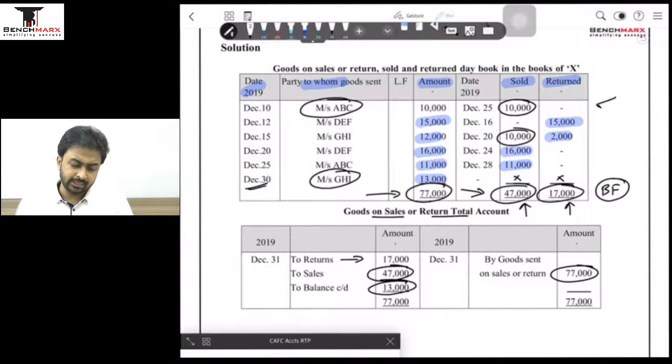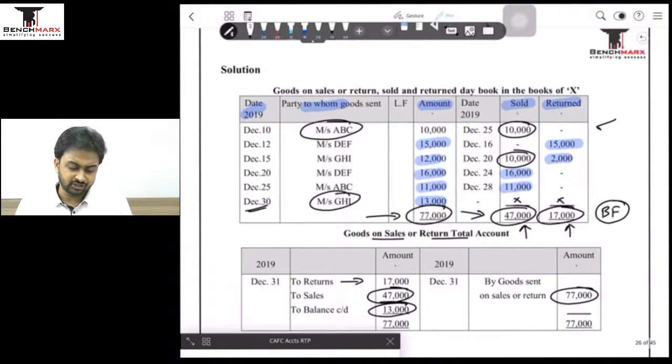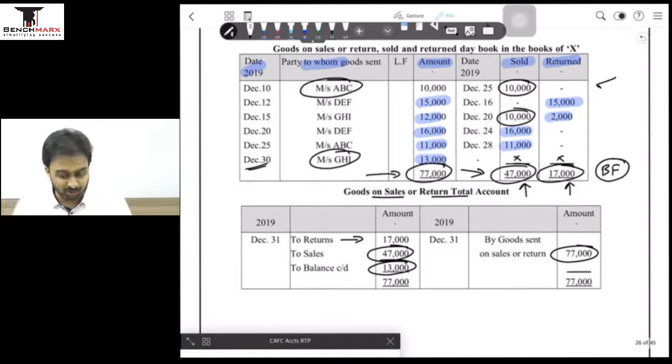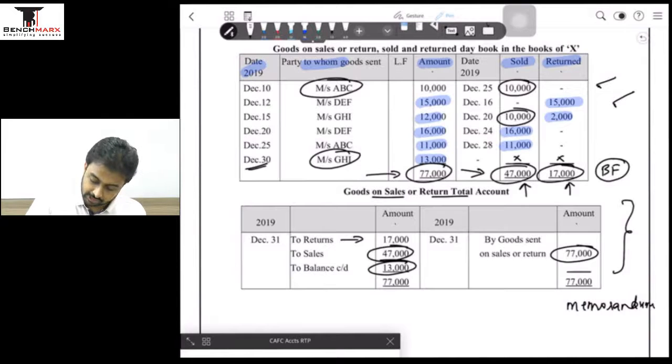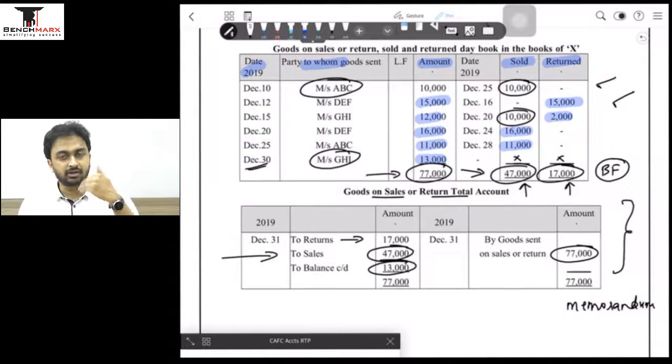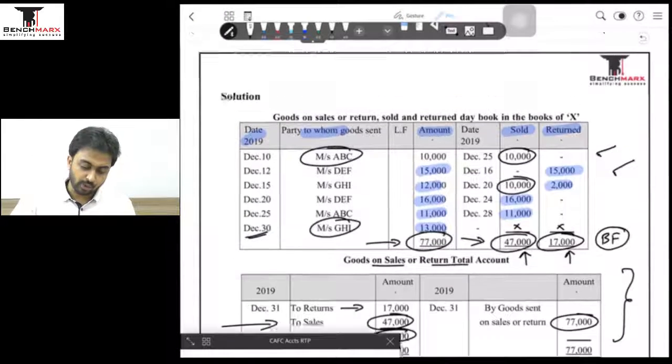And that is how you maintain a goods sent on sales का book also, and goods on sale or return day book also, and goods on sale का account as well. So bottom line, this book will keep all the details and this will record everything as sales, but this is happening in a memorandum book or rough book, and it is only sales that is removed from the rough book and put in a fair book. ठीक है. ये अपना हो गया क्वेश्चन नंबर